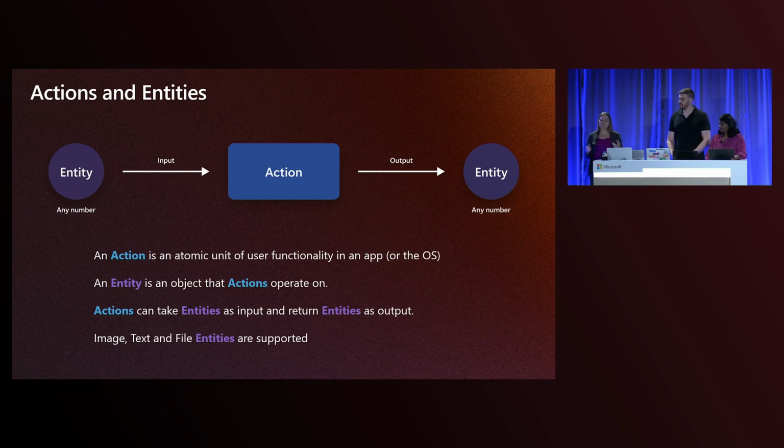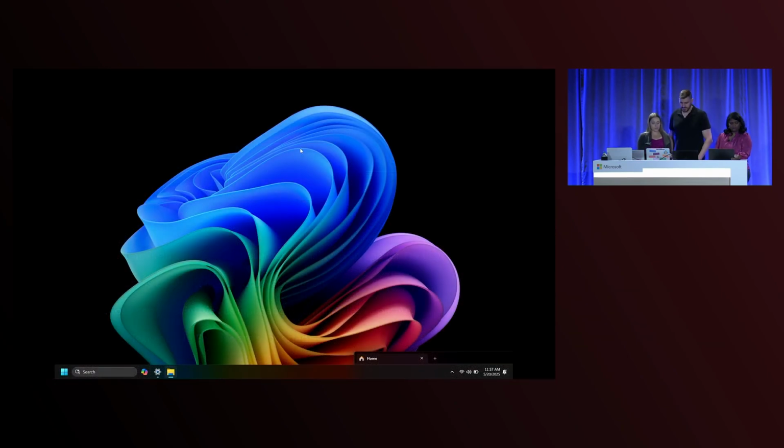For example, you might say, my action is going to take in a date and an address, and the action will be to find a one-way flight. Or you could take in an address and 2 dates, and then find a round-trip flight. Or possibly you take in an email address and a video, and then send it to that particular person directly. So you can have multiple inputs to your actions. And then your actions can also have multiple outputs, or they could have none at all. So let's briefly show you what that might look like.